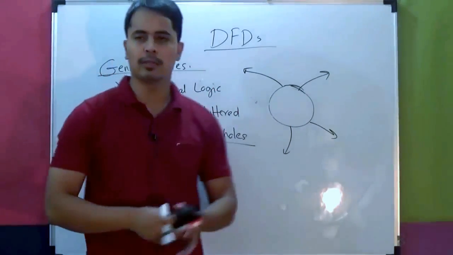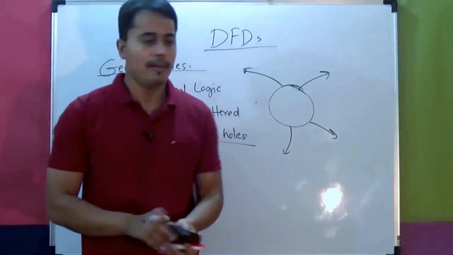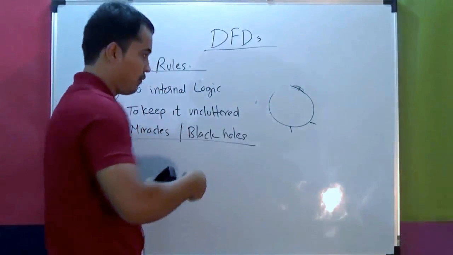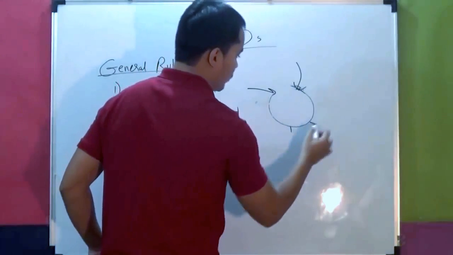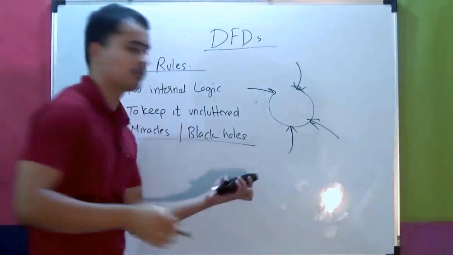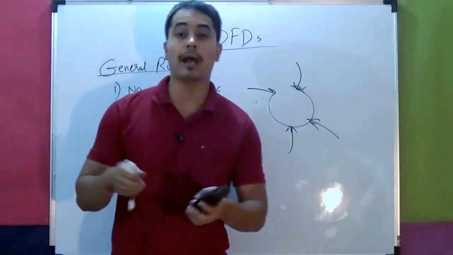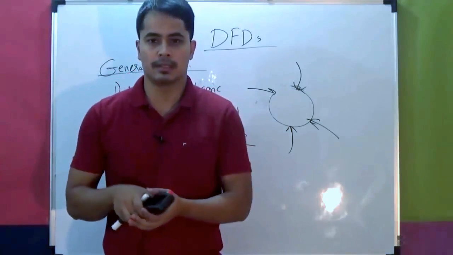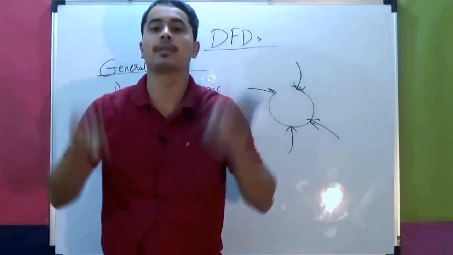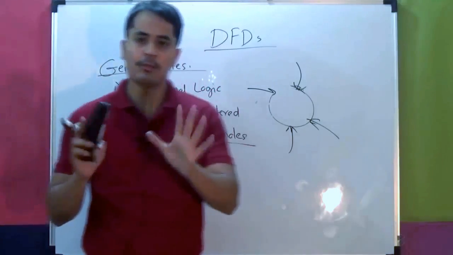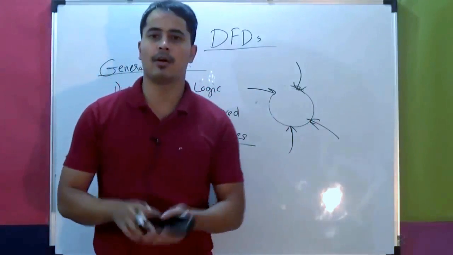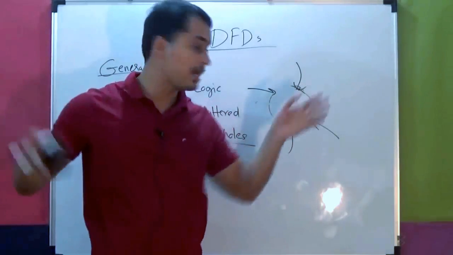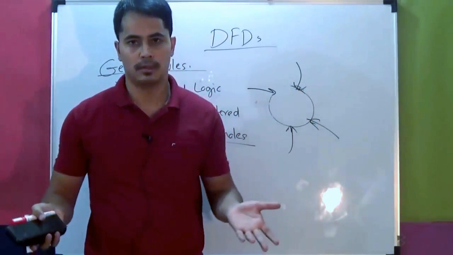Similarly, the opposite end of the spectrum is black hole. Black hole is a process which only has input data flows. So there is only input and there is no output. Like the black carbon that they put in the face wash creams. They say that black carbon absorbs everything. But unfortunately, there are no black carbons available or permitted in DFDs. You cannot have a process which only has the input data flows, no output.